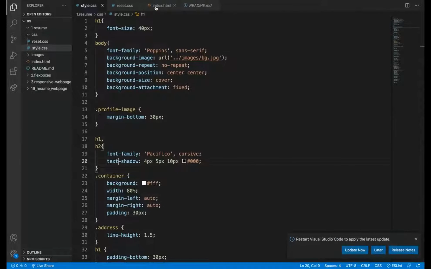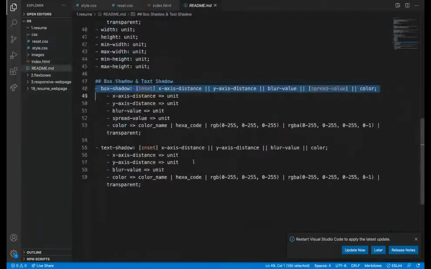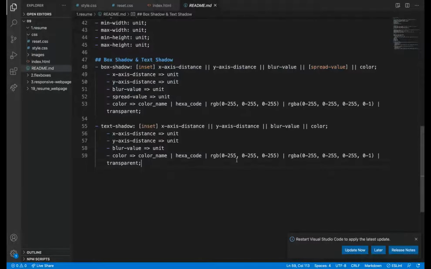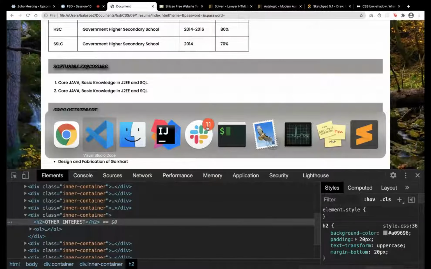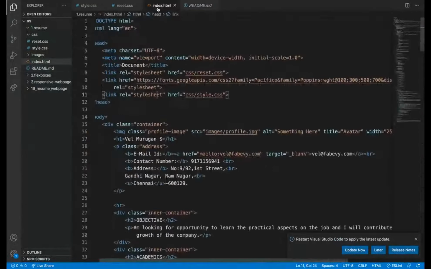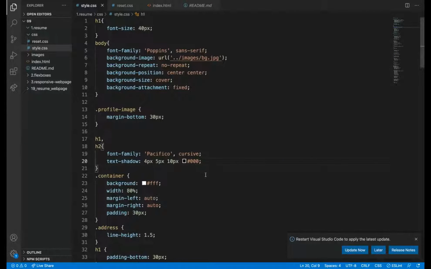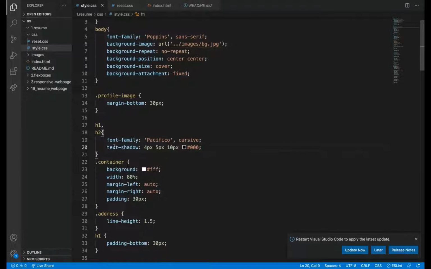For text, color and blur are there, but spread value is not there. Spread value we cannot give to text. Only to the box can spread value be applied. So before that, what is spread value? Instead of explaining, I'll add it. To the text, spread value is not applicable.